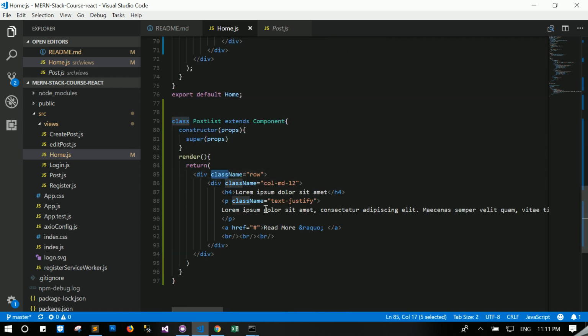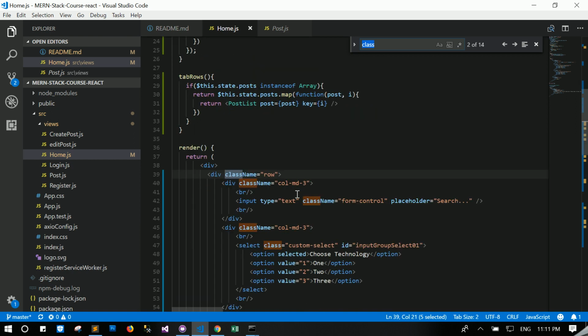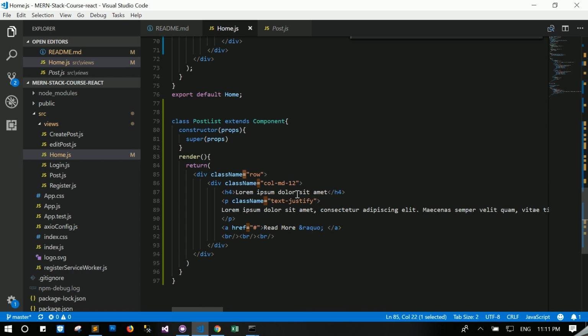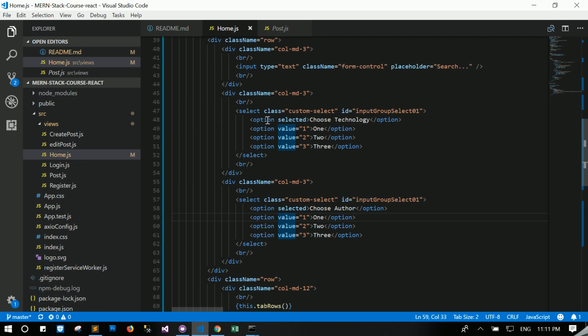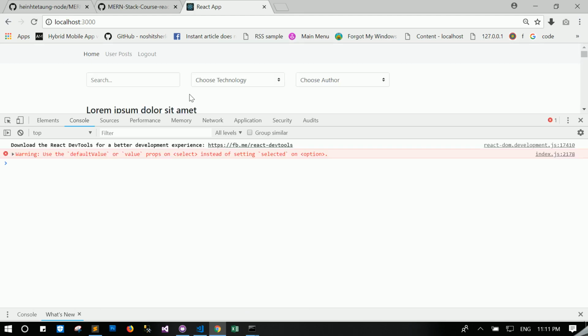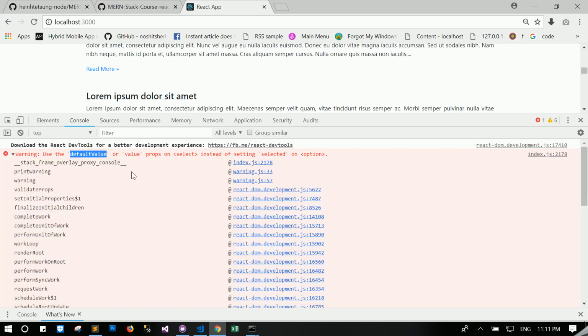Class. Okay, right here. Class equal, and I deleted. Class equal. We need to change this to class name. This should be class name. Okay, then only this error. Use the double value as well. Maybe